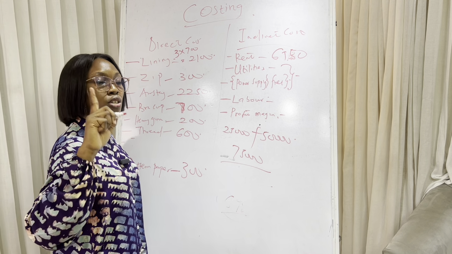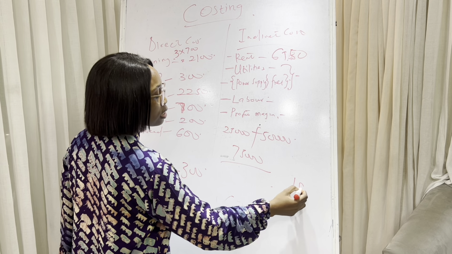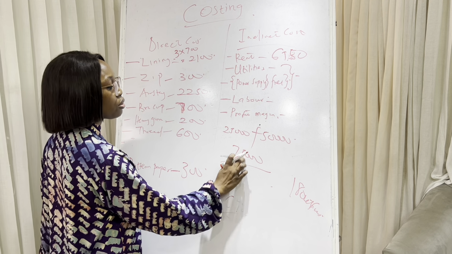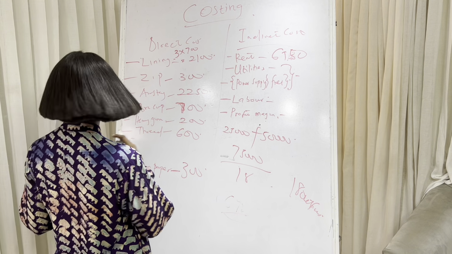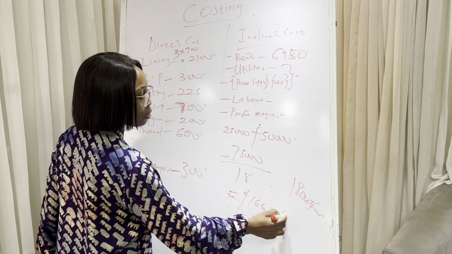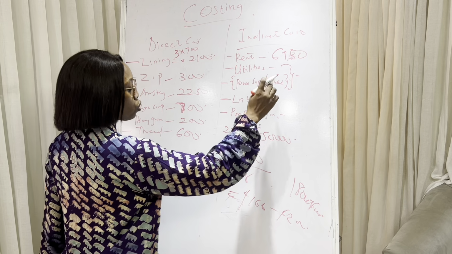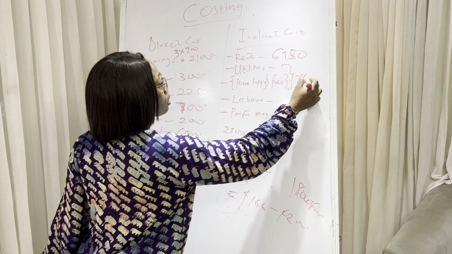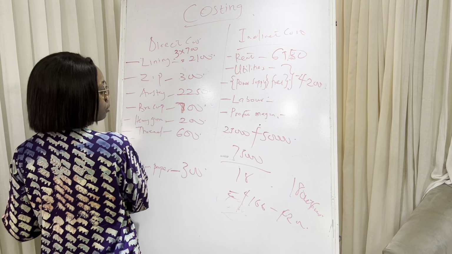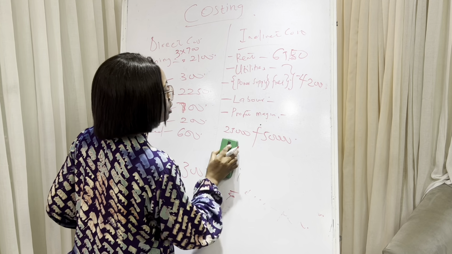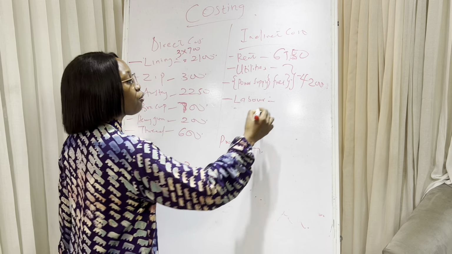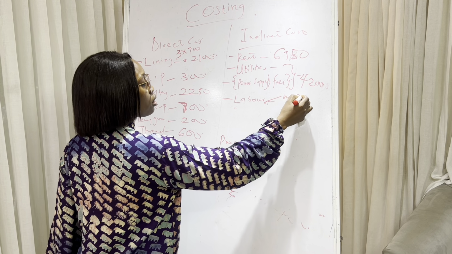Remember that we said that on an average you make about 18 outfits in a month. So that's 75,000 naira divided by 18. That will give us 4,166. Just approximate it to 4,200. So for utilities, we are spending 4,200. So that's for utility. Then for labor, this labor is divided into two: labor for your workers, and then